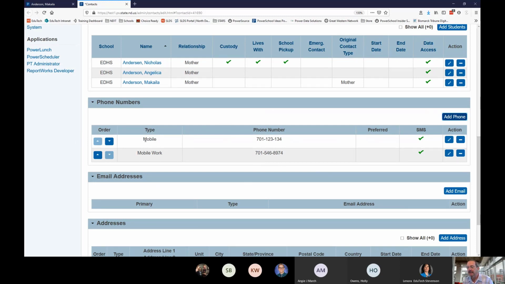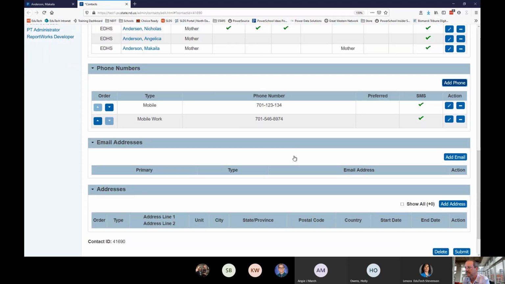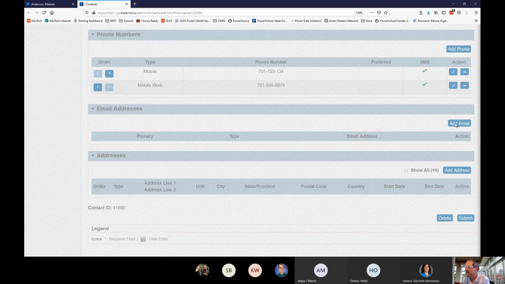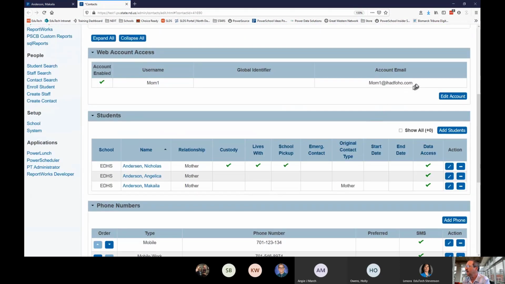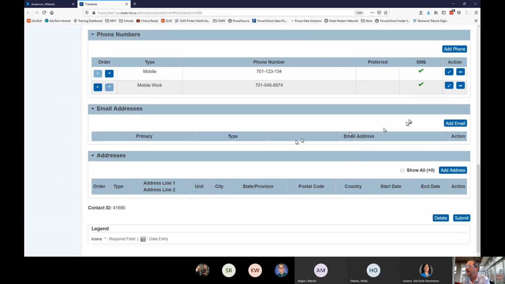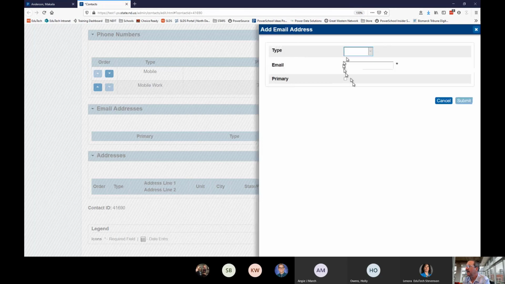Priority. Things are entered in priority. This is the first number that's called, okay? This is the second one that's called, and so on. Same thing with email addresses. I can add email addresses. So I already know this email address up here. I'm just gonna go ahead and copy that. I come down here, add an email,